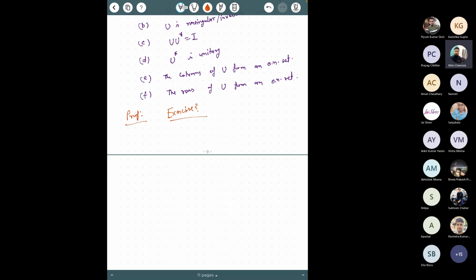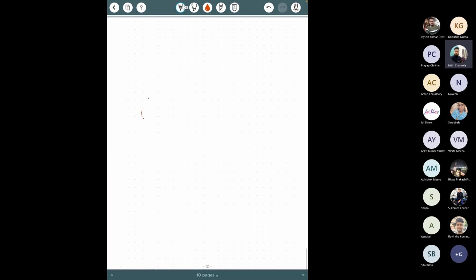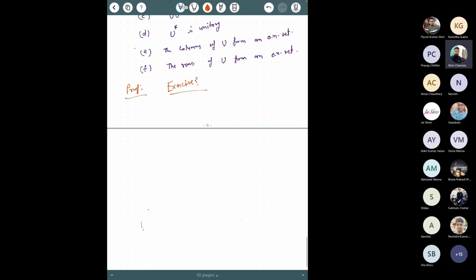You can also give one more condition. This is also very easy to check, so you can also take this as an exercise. Let U be an n cross n matrix over C. This gives another equivalent condition to say U is unitary. So U is unitary